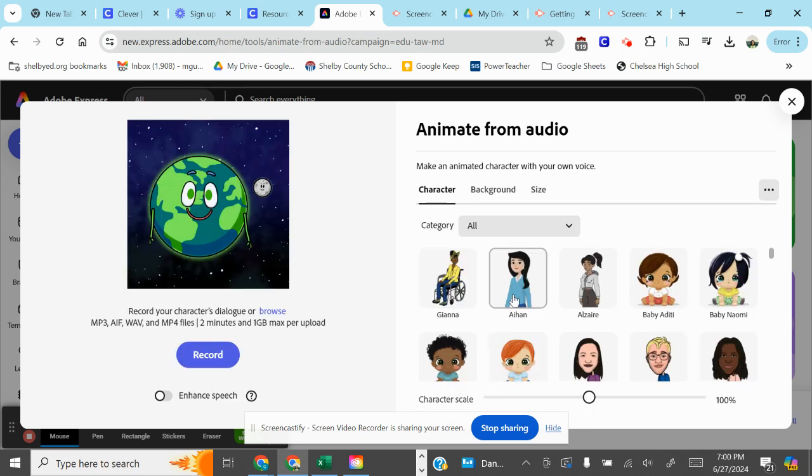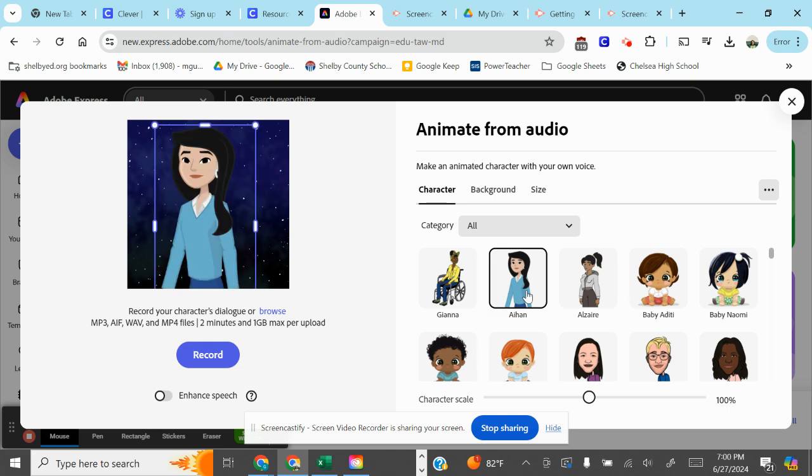an animation. So I'm going to go ahead and use this one and I will record it. It allows you two minutes. And I guess this can be one of the assessments, like a formative assessment, so as to know when students can summarize the content that they have learned or a certain standard that they went over,